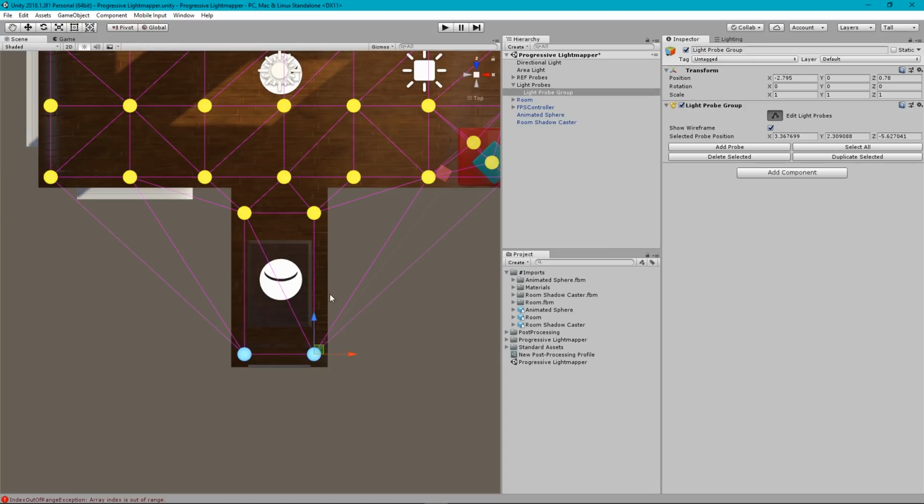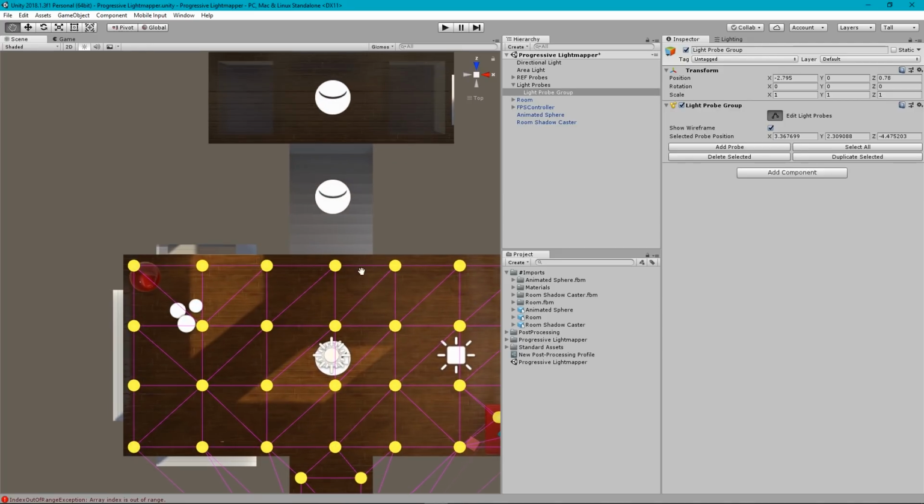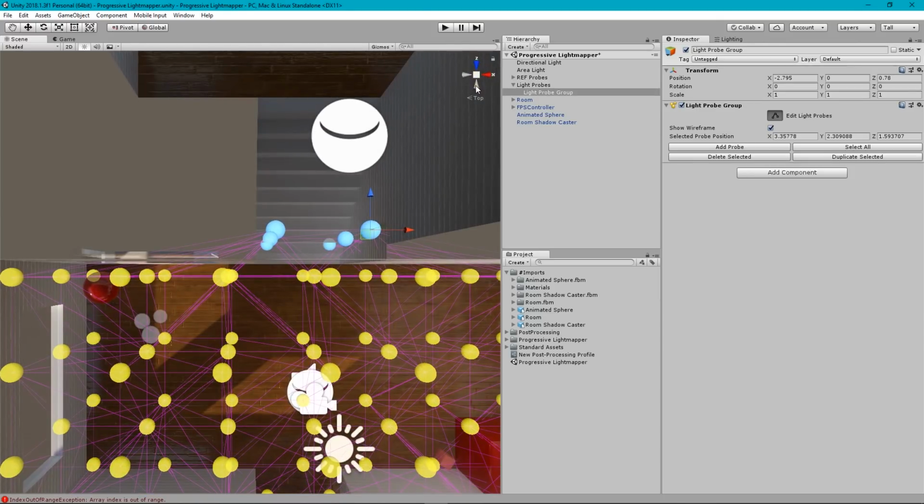I might even duplicate them again. You might not need this many. I mean, this is a little bit overkill, I've got to be honest, but it's a small scene, so we can afford to do this kind of thing. And now I'm going to do it here as well. I'm going to grab these, duplicate selected, and move these to here on the stairs. Now again, because the stairs actually elevate,